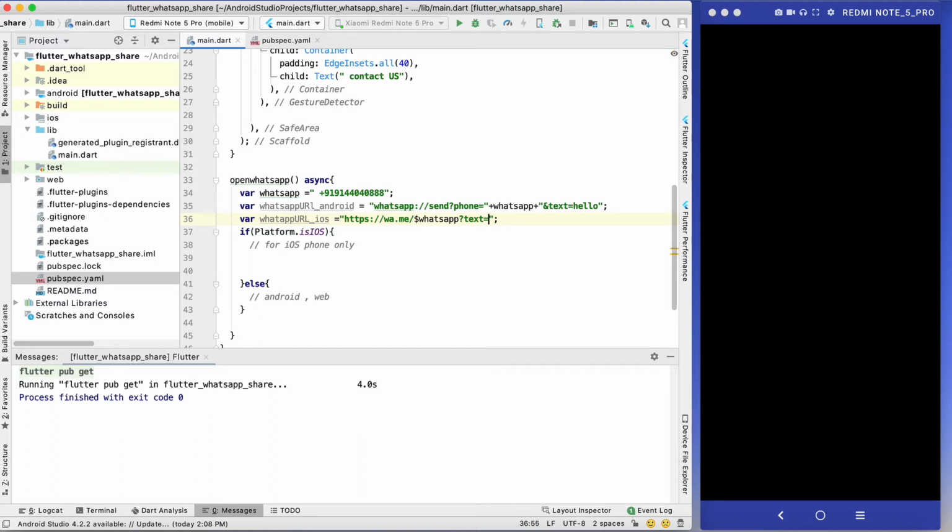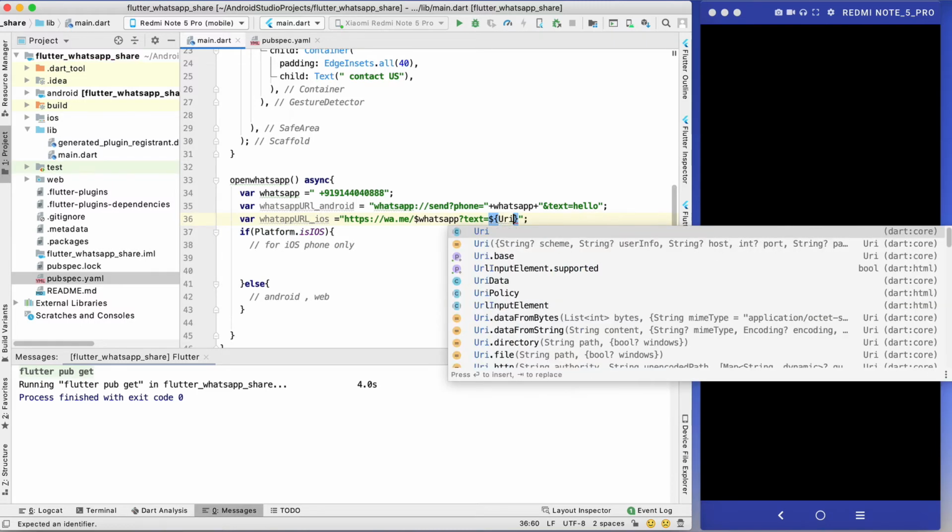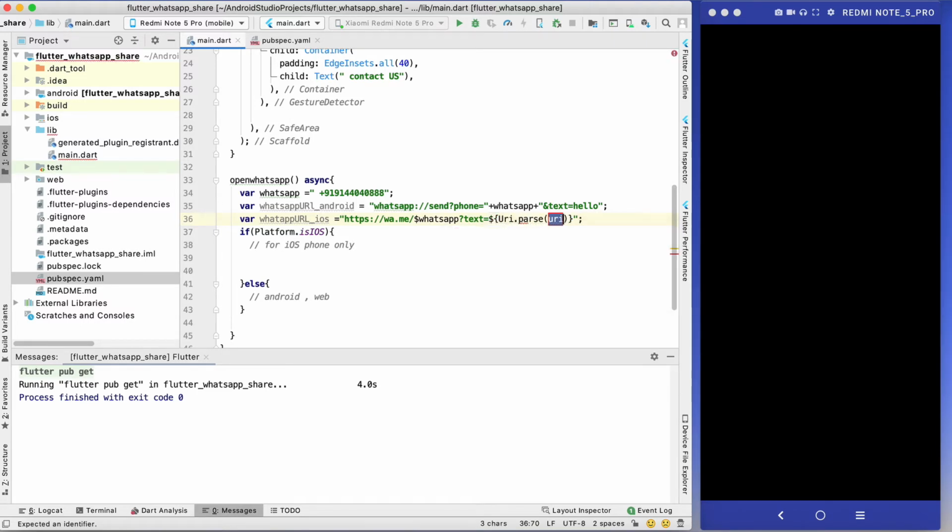So text is equal to ${Uri.parse(...)}, and we need to use Uri.parse because we are using a URL, an HTTP request type. So that's why we need to parse the message as a URI. Inside this one I will write the message. My message is simple: hello.